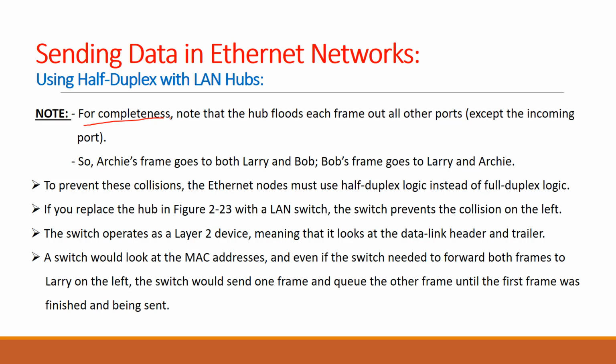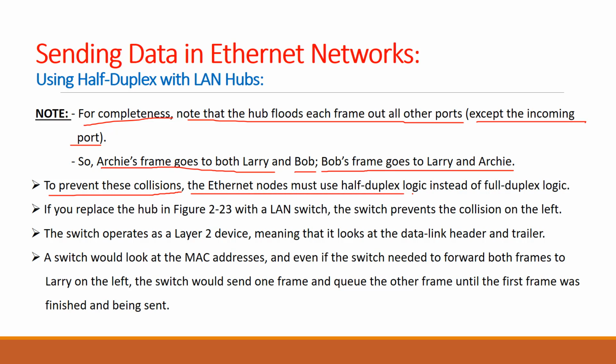So for completeness, note that the hub floods each frame out all other ports except the incoming port. So in the example, Archie's frame goes to both Larry and Bob. Bob's frame goes to Larry and Archie. So to prevent these collisions with hubs, the Ethernet nodes must use hub duplex logic to either send or receive